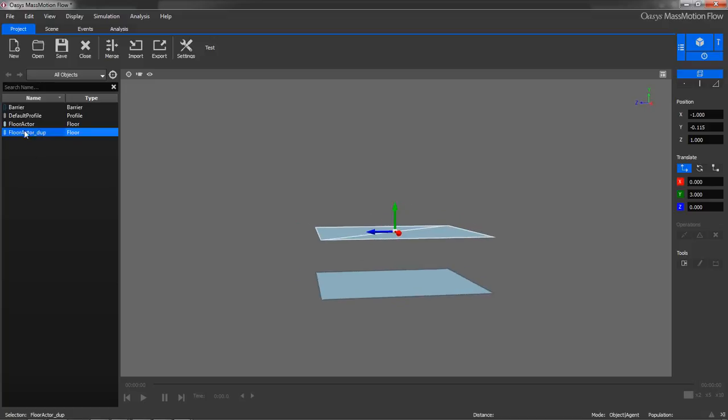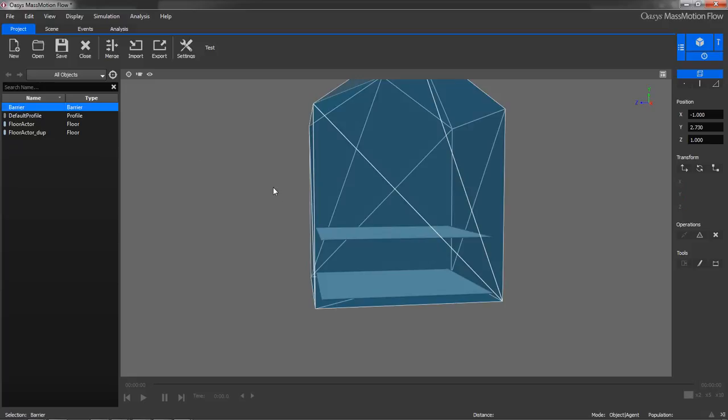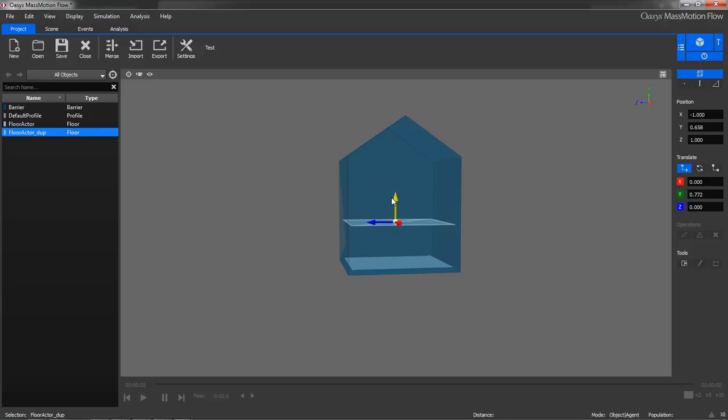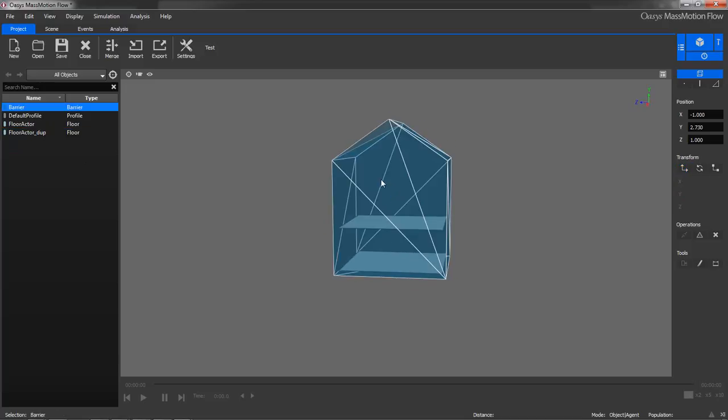And if we go over here to the list of all the objects in our scene, we can see that that barrier geometry, the visibility capsule for it is hollow, which means that it's hidden. And so I can click on that, press H, and bring it back, and I can adjust my floor heights like so. I also think that this house is perhaps a little bit tall, so I'm just going to select my